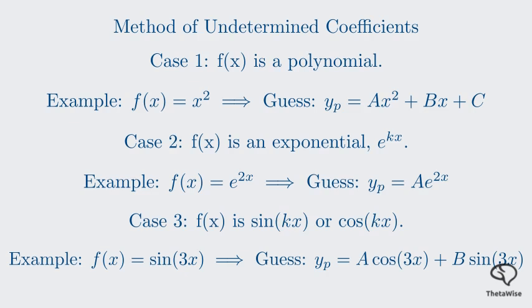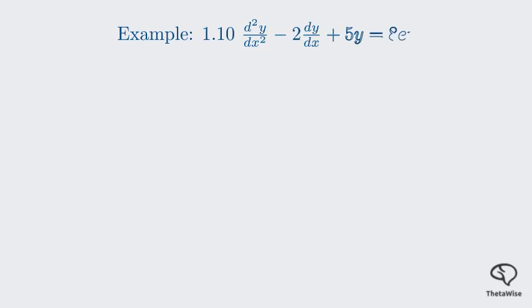Now let's practice this with a problem. Let's apply the method of undetermined coefficients to solve a full non-homogeneous problem. Consider problem 1.10. d squared y by dx squared minus 2 dy/dx plus 5y equals 8e to the power of x. This equation has a right-hand side, so it's non-homogeneous. Our general solution will be y